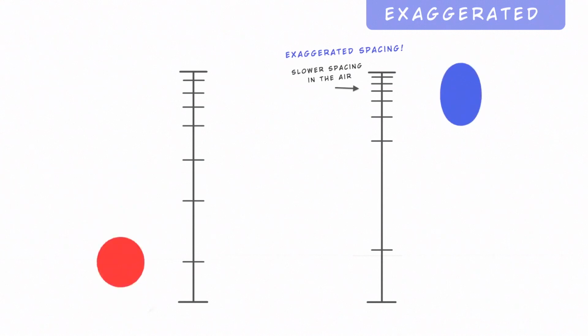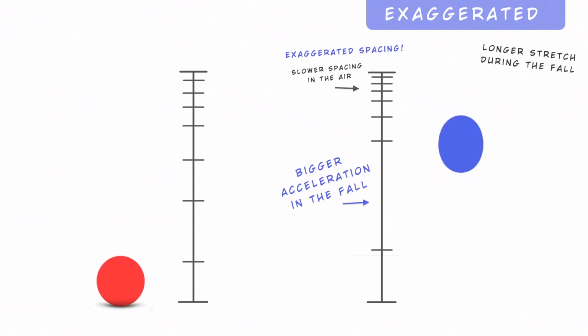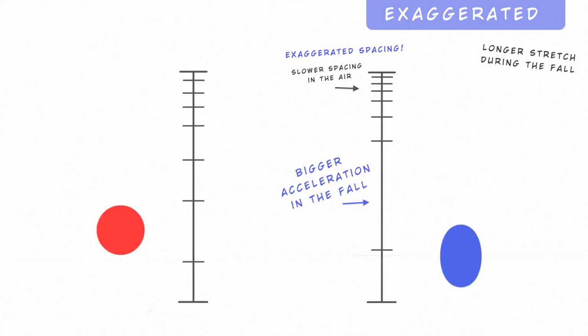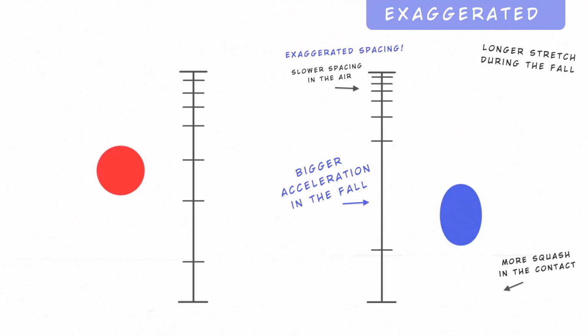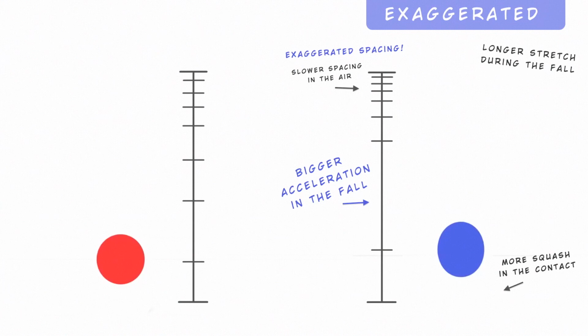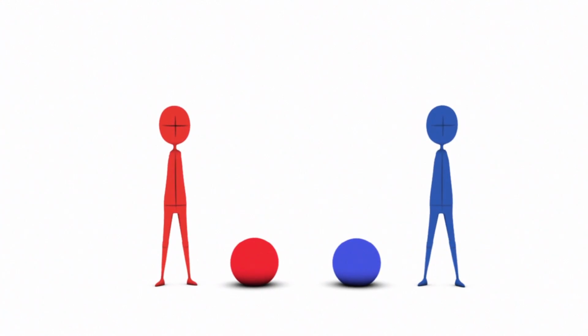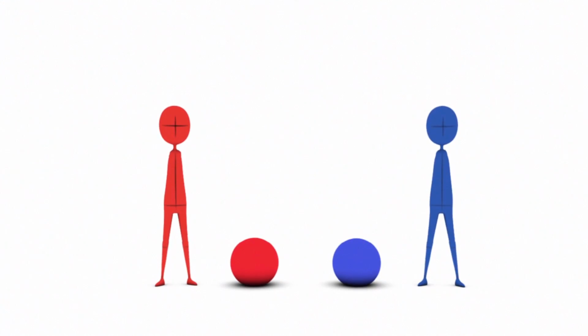Now let's see how to exaggerate the timing and spacing and the squash and stretch. Starting from a realistic bouncing ball, you can create a version more cartoony and exaggerated. When the ball is in the air, we have a slower spacing, and when it falls, we have a big acceleration. We can also exaggerate the amount of squash and stretch, keeping the stretch longer during the fall and making a bigger squash in the contact. In this simple animation, you can exaggerate the timing and the spacing to add energy to the scene, and if this were a character, we would have two different jumps, and the exaggerated one with more contrast in the spacing and an exaggerated use of the squash and stretch results more cartoony and appealing.